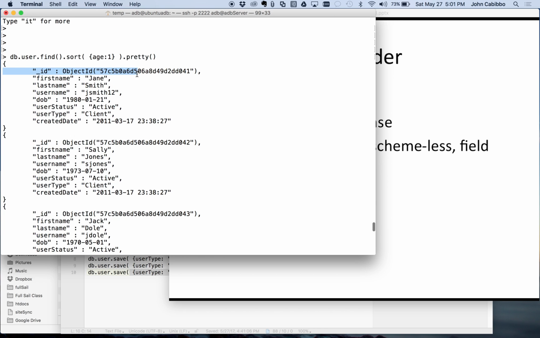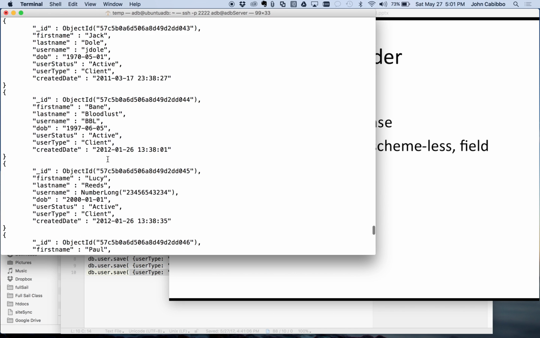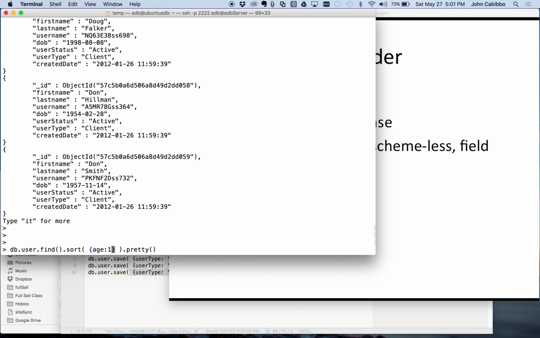The first record, we said sort by age ascending, has no age. The reason is nulls are used obviously to fill in missing data, there is no data for age, so these people come first. However, if I say sort by age descending,